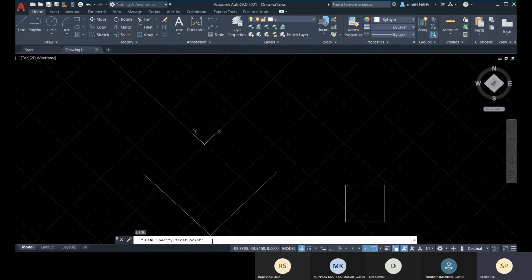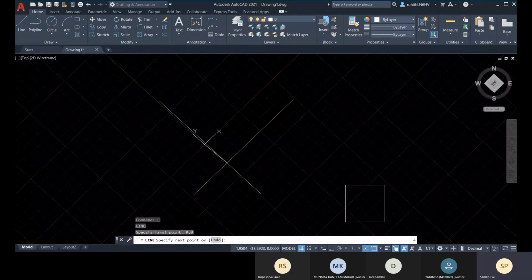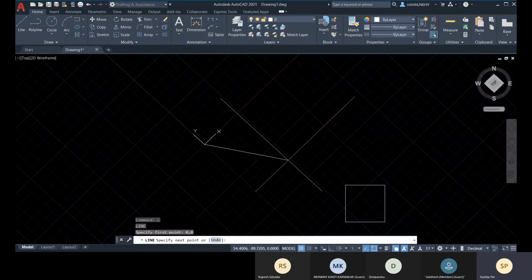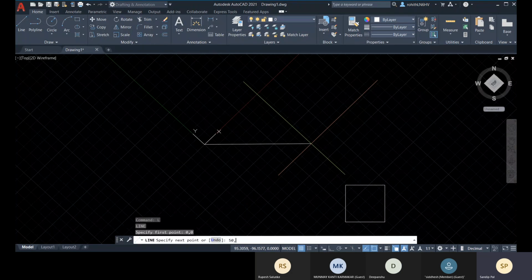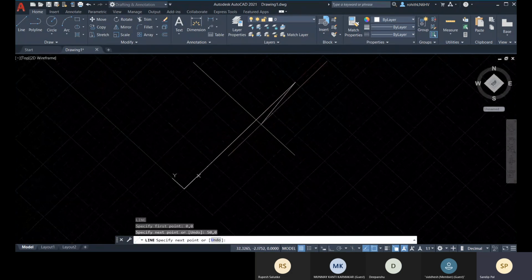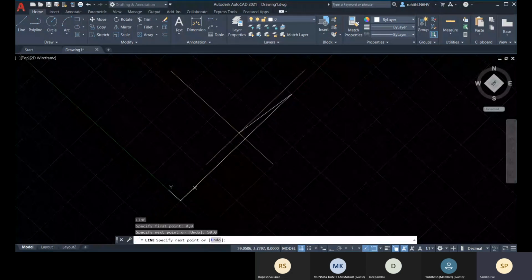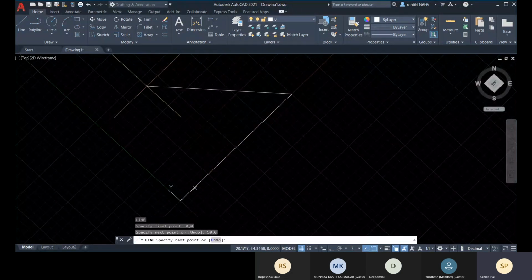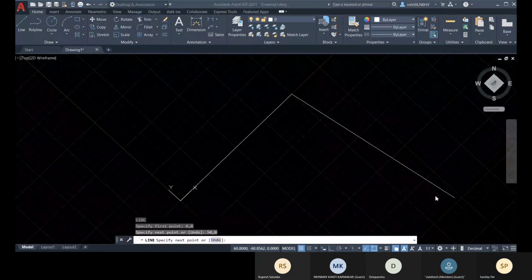I will put the same values, 0, 0. This is the first point. So you can see that it has started from the UCS origin. Now let me go for the next value, that is 50, 0, and press enter. And you can see, as per your UCS X positive direction, it has created the line.